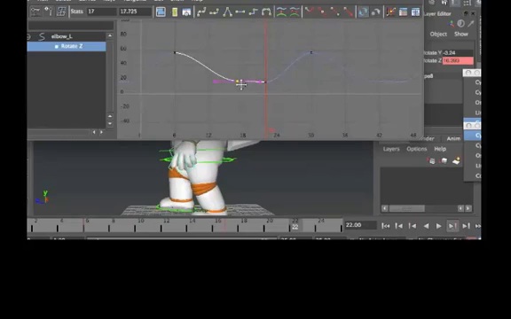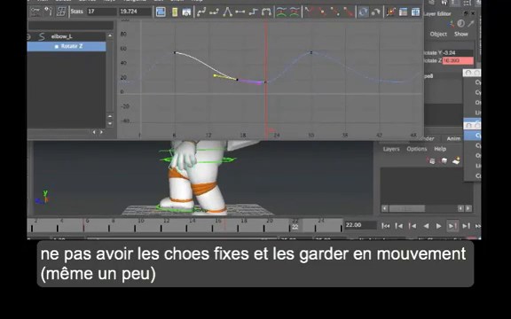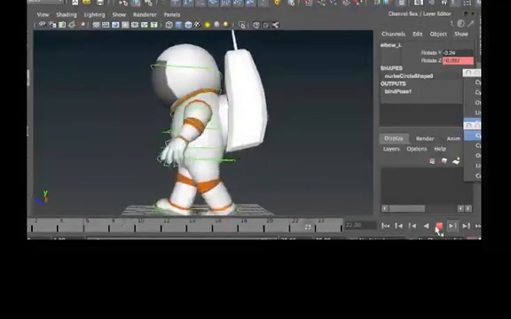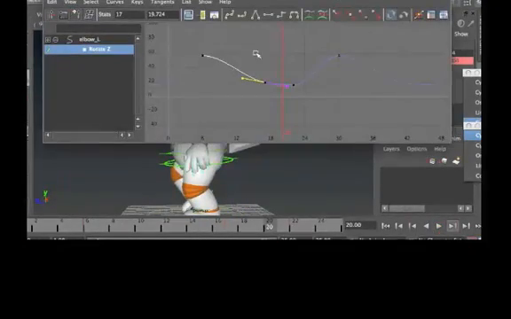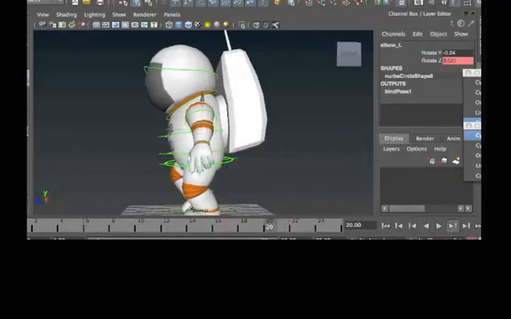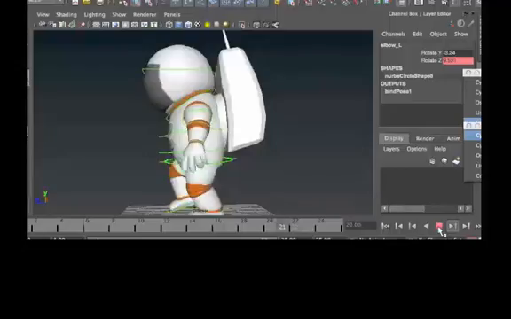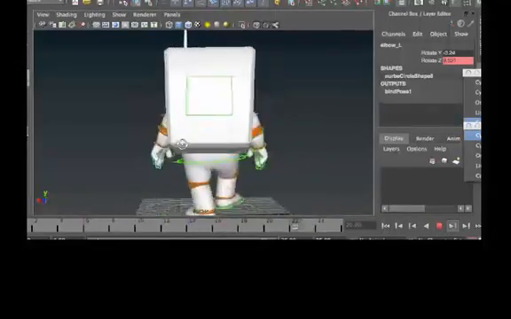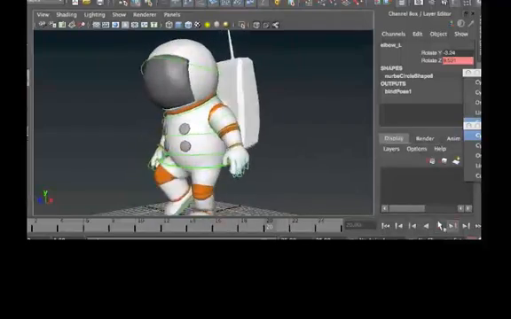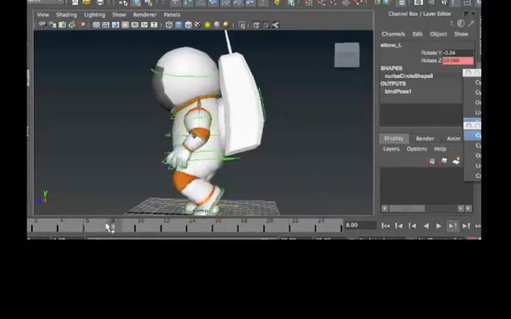I don't like this ever being too flat, just keeping things moving a little bit, even if it's just the slightest little push. We're probably not going to see too much of a difference. And maybe I can make this all a little bit straighter. Okay, and I can finally go into the wrist